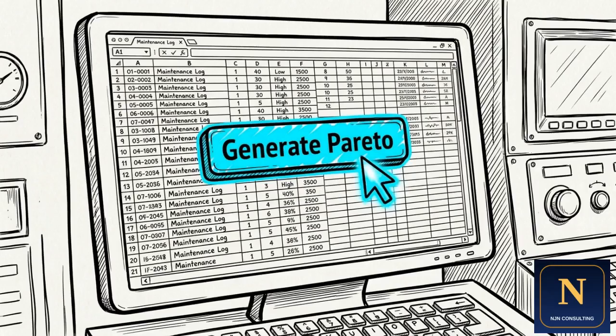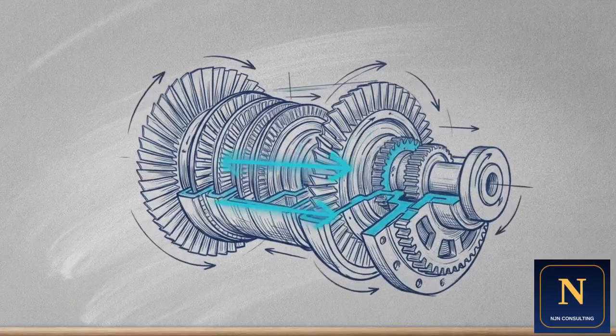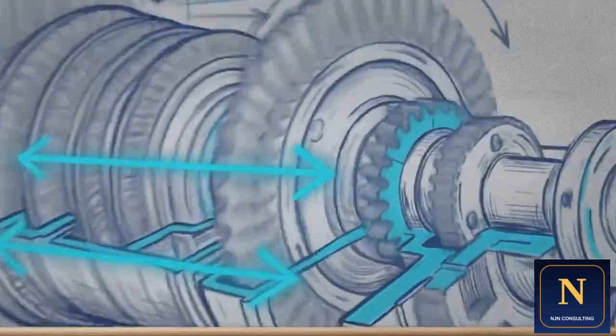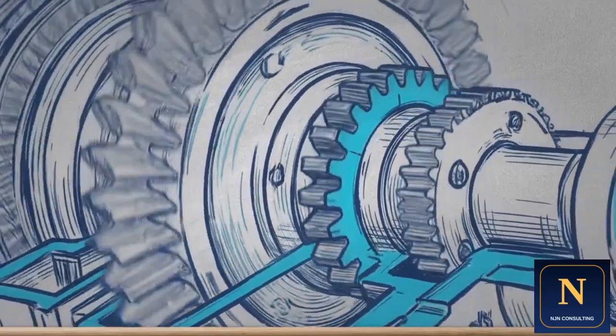To start, pull the last 30 days of downtime data from your system and build a Pareto chart. Identify your top contributor and assemble your first cross-functional team to investigate it. Moving from firefighting to sustained reliability is a matter of discipline. By eliminating defects one at a time, you secure the entire operation,